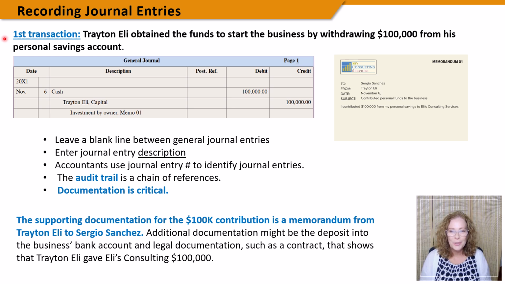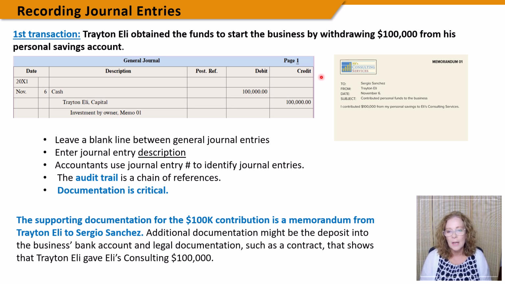For the first transaction, Trayton Eli obtained the funds to start the business by withdrawing $100,000 from his personal savings account. Before the accountant records an entry into the general journal, they analyze the transaction and examine the supporting documentation. The supporting documentation with the $100,000 contribution is a memorandum from Trayton Eli to Sergio Sanchez. Additional documentation might be the deposit into the business's bank account and legal documentation that shows that Trayton Eli gave